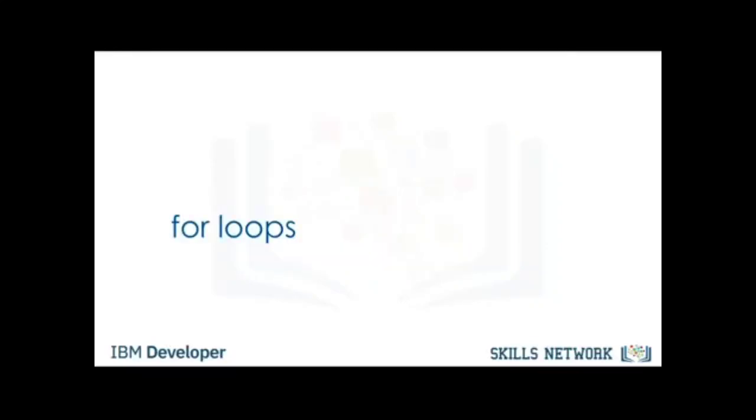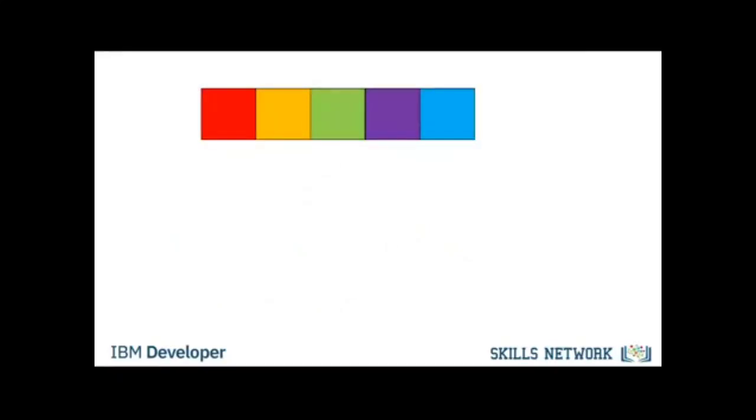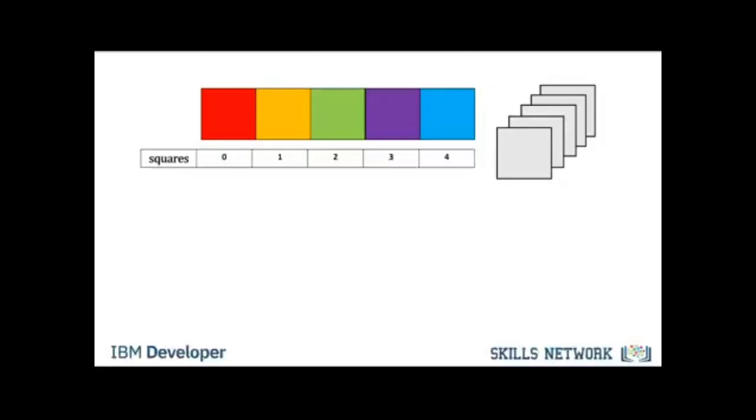In this section, we will cover for loops. We will focus on lists, but many of the procedures can be used on tuples. Loops perform a task over and over. Consider the group of colored squares. Let's say we would like to replace each colored square with a white square. Let's give each square a number to make things a little easier, and refer to the whole group of squares